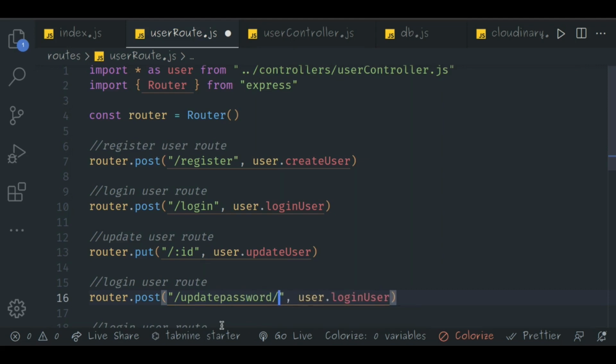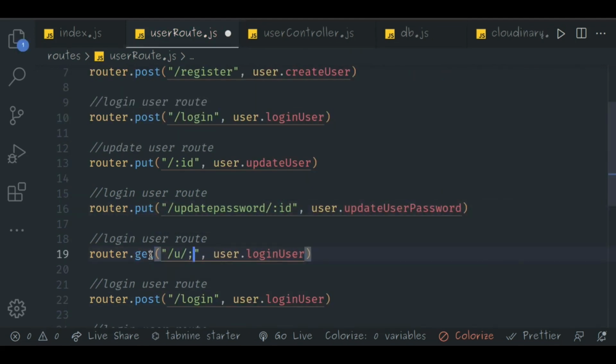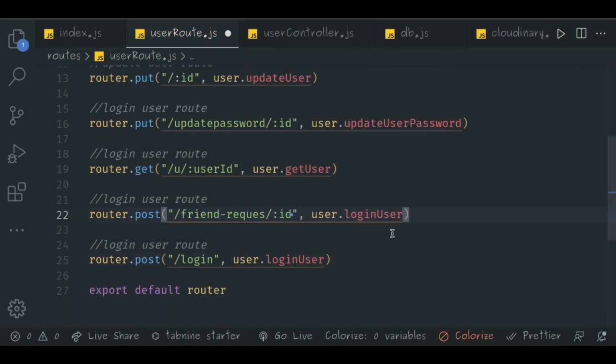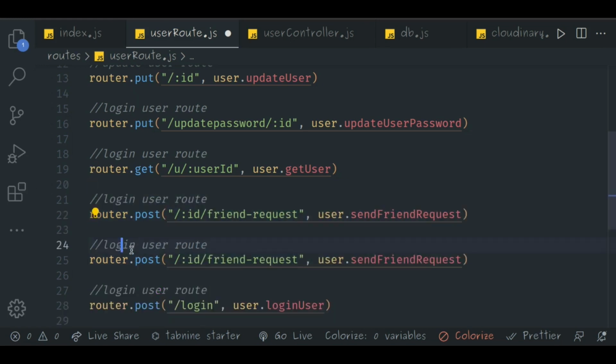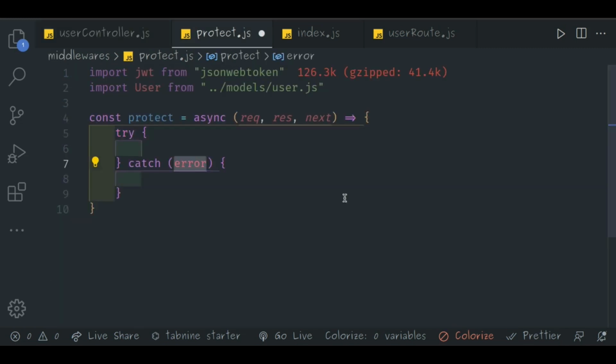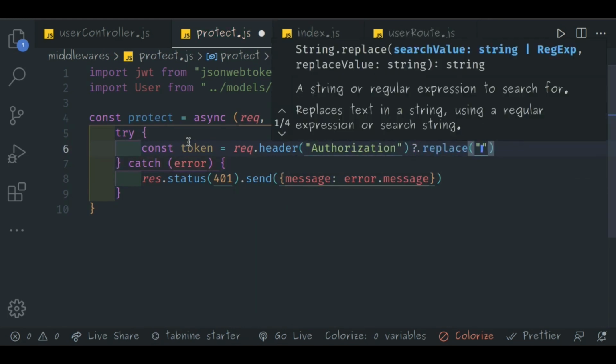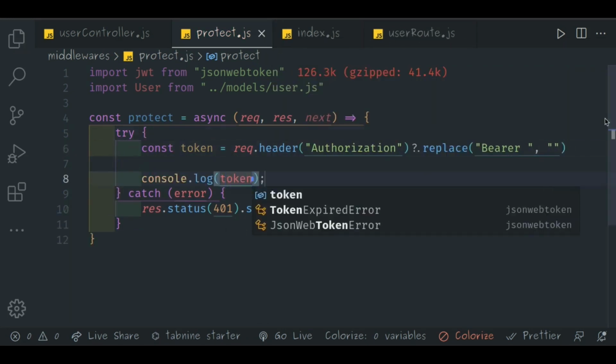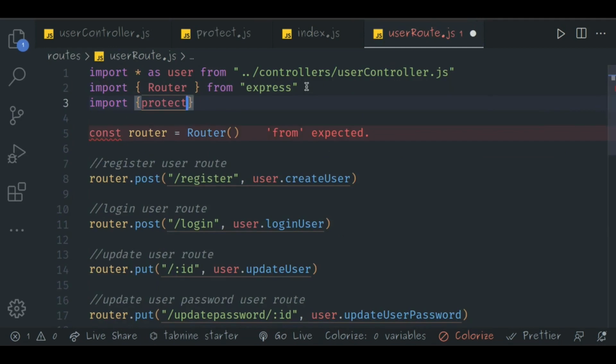In this video, we are going to be building the server of a social media application to be able to handle CRUD functionalities, plus sending friend requests, accepting friend requests, and getting the friend requests from a particular user. To be able to perform these functionalities, we are going to be using JWT to handle protected routes in our